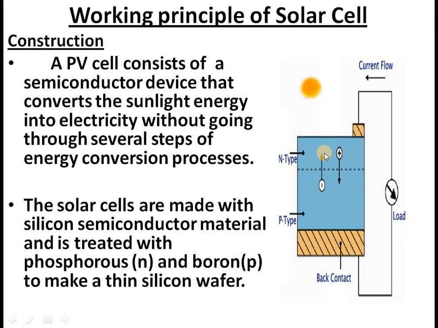The physical purpose of this is to bring a change in the electron density. When there is a change in the electron density, what happens when sunlight falls is that electrons start flowing from one side to the other side. If you connect a wire, electrons start to flow. That is the simple principle. If there is no sunlight, there is no electron flow. So sunlight leads to electron flow. If you make the electron flow through a bulb, the bulb will light up.